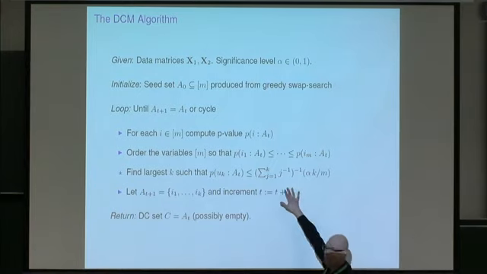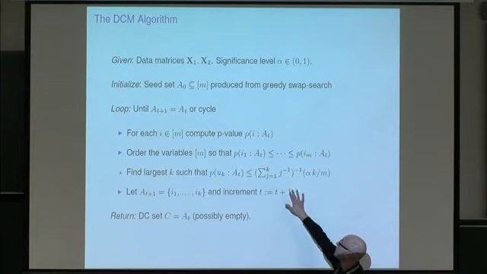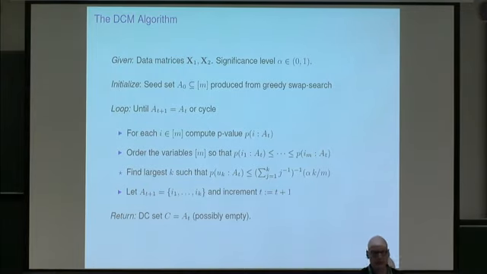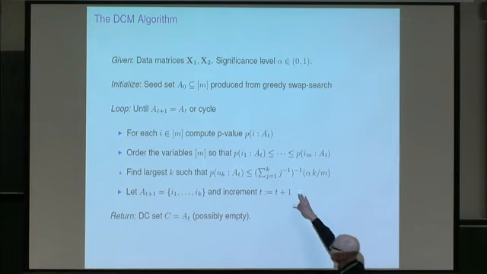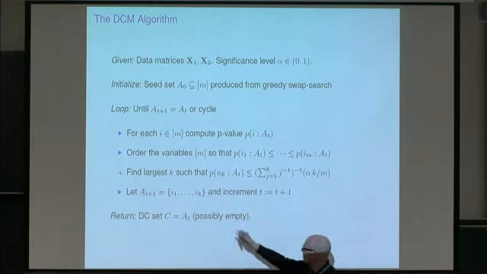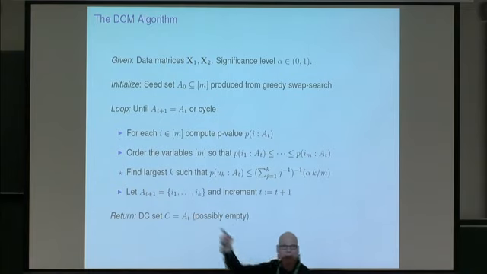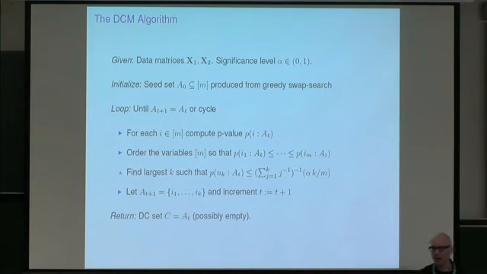I just appeal to this Benjamini-Hochberg procedure, which is meant to control the false discovery rate at level alpha. So alpha is a free parameter for us. We typically take 0.05. All right, so I order them. This gives me a way of cutting that ordered set at some point k. There it is. I take that to be A sub t plus 1. Okay, so A sub t plus 1 is all the variables that were significantly differentially correlated with respect to A sub t.